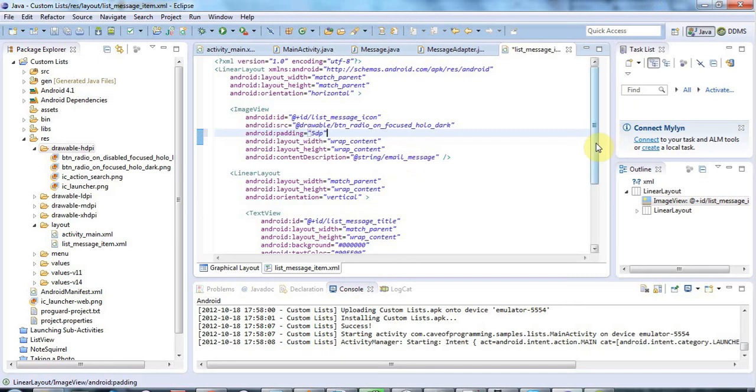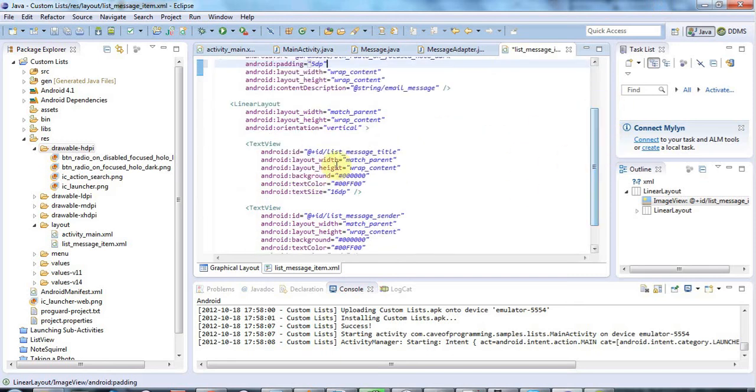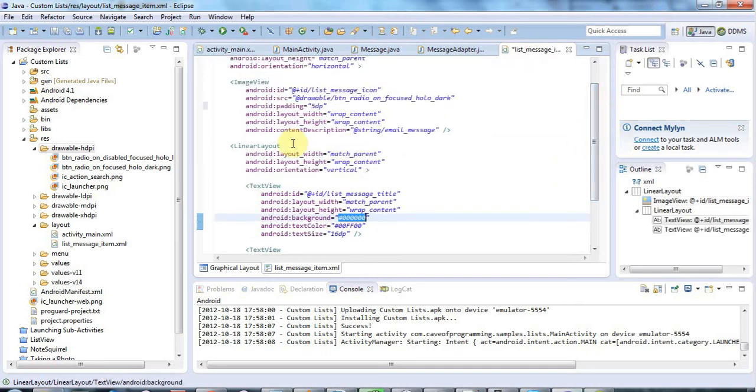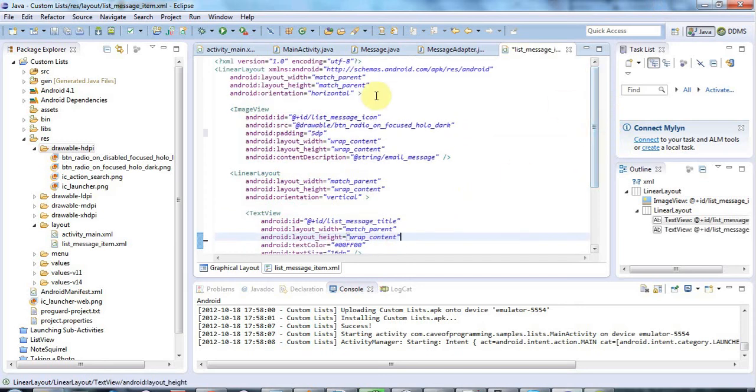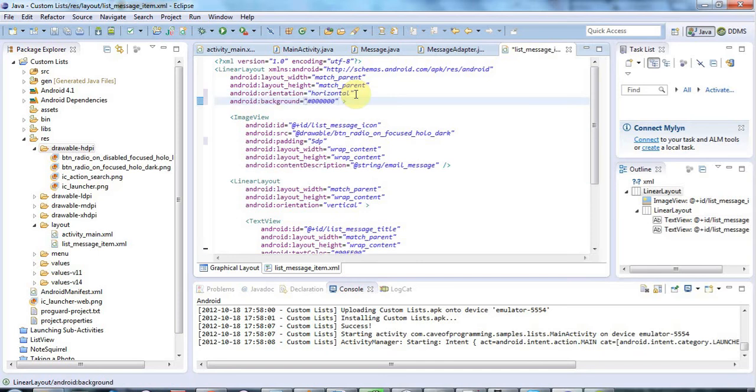And now the other thing I need to do here is, if I run this now, you'll see that I set my text views to have a black background, but the image is transparent. Those icons actually have a transparent background, which you can see if you open them in GIMP, the free photo manipulation tool, for example. And I don't want the colour of the underlying screen, which is probably white, to show through. So I'm going to take this background out of the text views, and paste it into my enclosing linear layout up here,